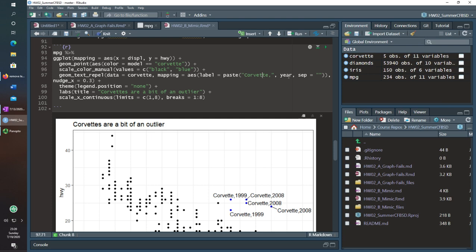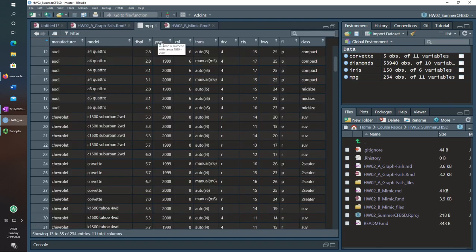You're taking Corvette, and I want to paste the year. This is actually coming from the Corvette dataset in particular, but mpg and Corvette are the same datasets, so they have the same columns. This is just a subset of this. So they have the year here.